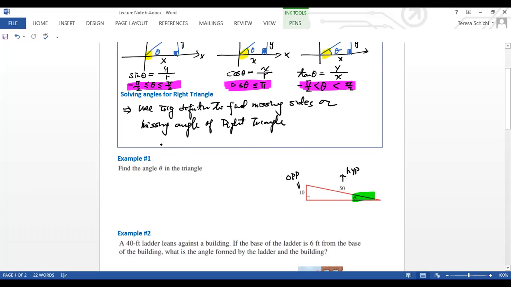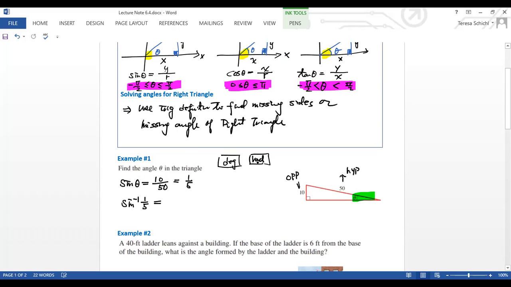Okay, so now I know the sine theta is equal to the opposite over hypotenuse. So it's 10 over 50. So this is 1/5 here. So in order to find the theta, remember you can take the sine inverse of 1/5. So we call this arcsine, right? And then, like we said, you can set your calculator either to degrees or radians,